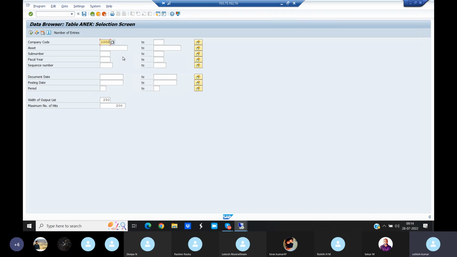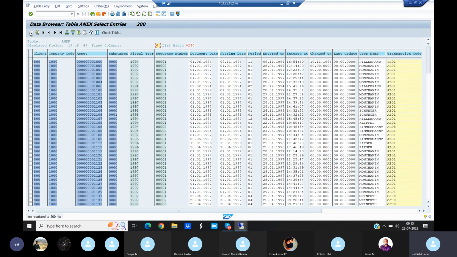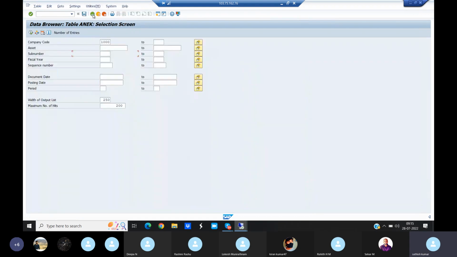So now click on execute, and you can see here asset, which document, which date as you are doing the posting, and asset periods, username, everything you can see here. This is header level if you want to pull the report. And one more report is asset line item. If you want to pull the report,